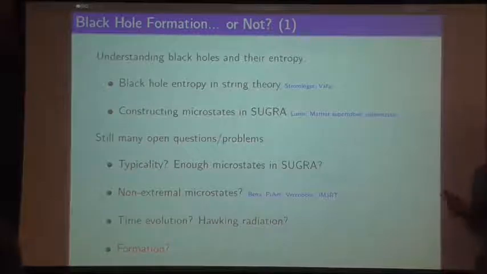You can pretty much see that there is a significant fraction, at least, of the entropy that is carried by these smooth supergravity solutions. But for the 3-charge case, it's not at all obvious that the superstrata, which is the 3-charge generalization of the supertubes, is going to carry enough entropy that you can construct enough of these in supergravity.